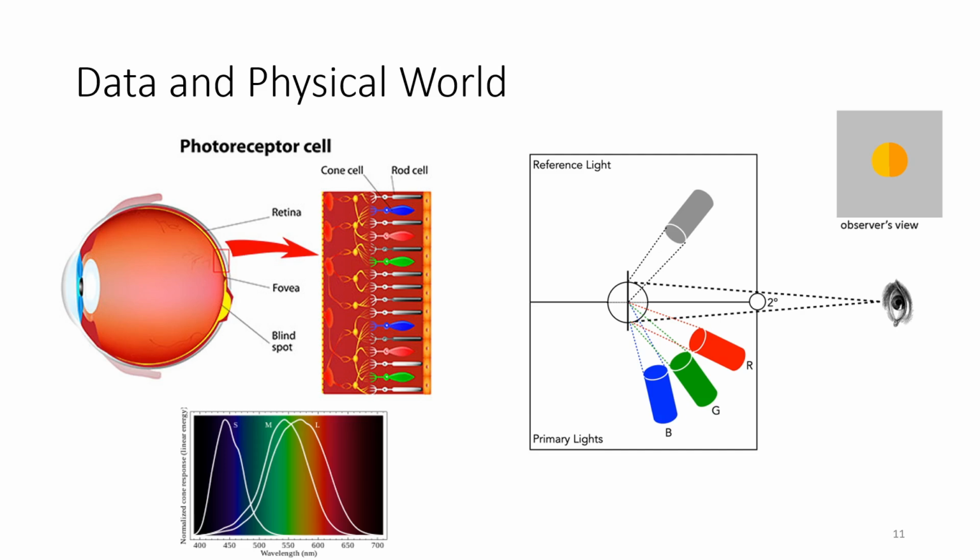Cone cells are sensitive to different wavelengths. So there are 3 different kinds: long cone, short cone, and medium cone. And the rod cell is sensitive to